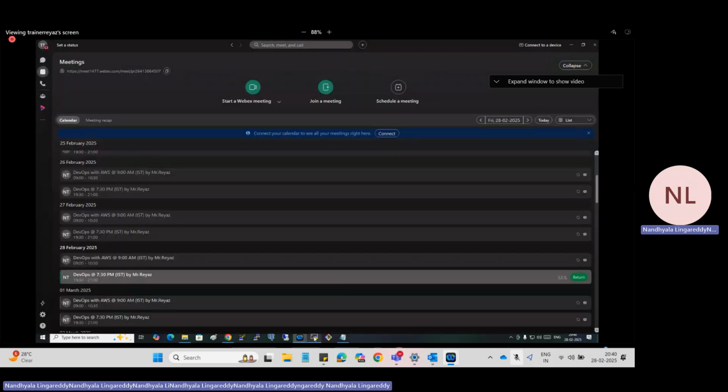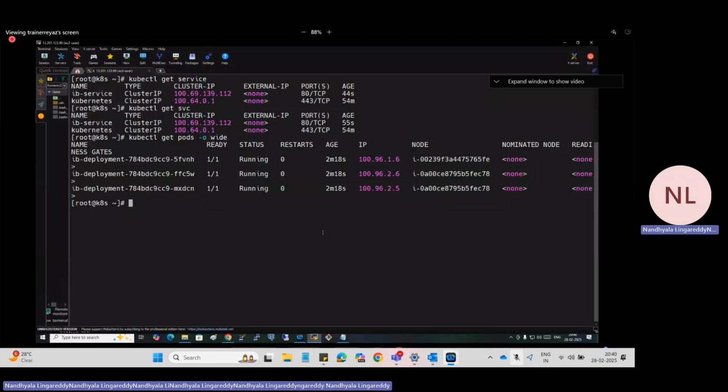Online. Cluster IP is clear enough. So this service has a cluster IP, but it cannot be exposed to the internet. But if you want to use it internally, like for databases and internal things, then you can go for cluster IP, no problem. So next one here is online. Is this clear on the cluster IP, please?